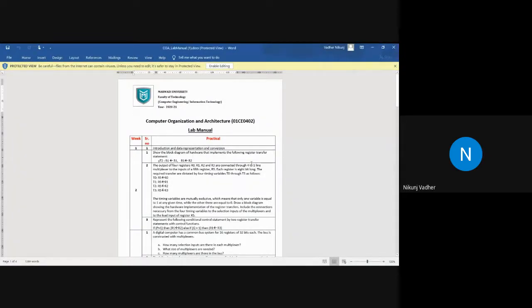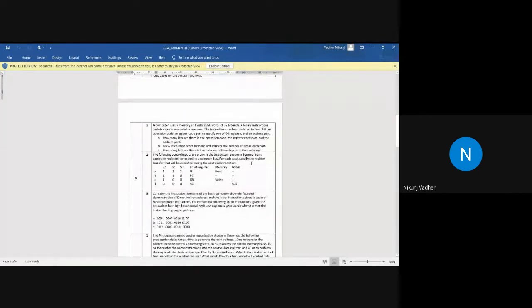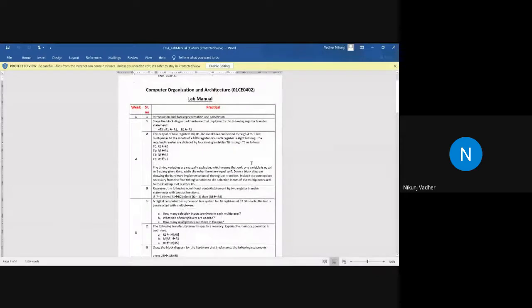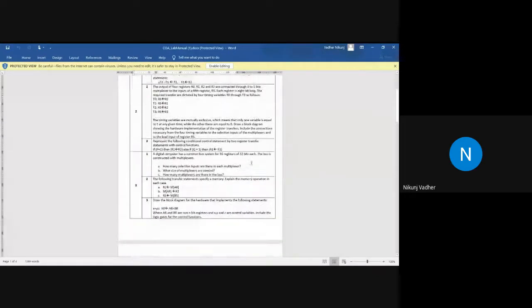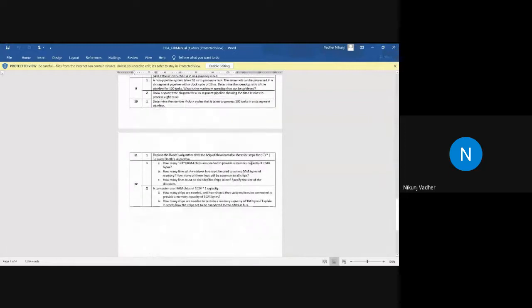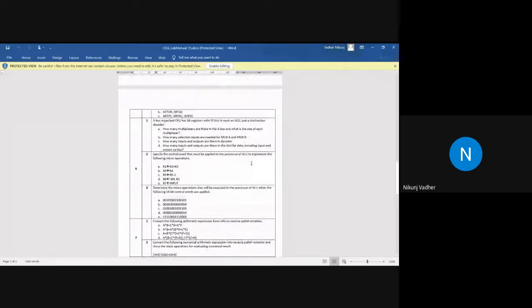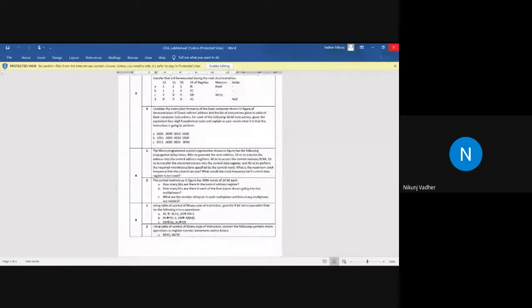From this lab manual, we will have tutorials and all those things. Here, lab-wise tutorials are given: lab 1, lab 2, lab 3, lab 4, lab 5, 6, 7, 8, 9, 10, 11, and 12. We will have 12 labs, and for each lab we have a set of tutorials that we are going to learn.